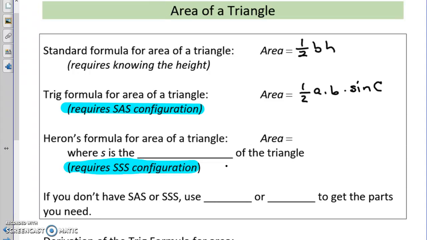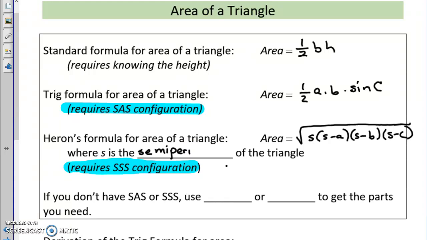And that one is area is equal to the square root of S times S minus A times S minus B times S minus C. And you might ask, what's S? A, B, and C are the sides of the triangle, but S is the semi-perimeter of the triangle, and the semi-perimeter is just half of the perimeter. So the semi-perimeter of this triangle would be 1/2 of the perimeter, or the three sides added together, 1/2 A